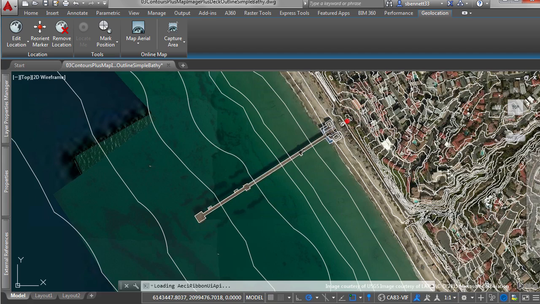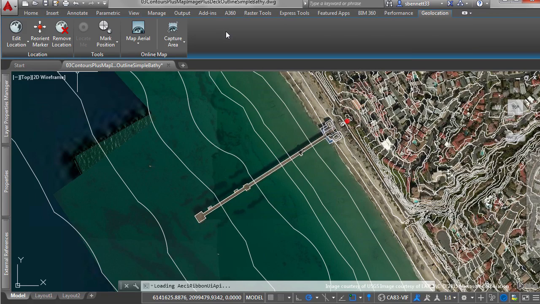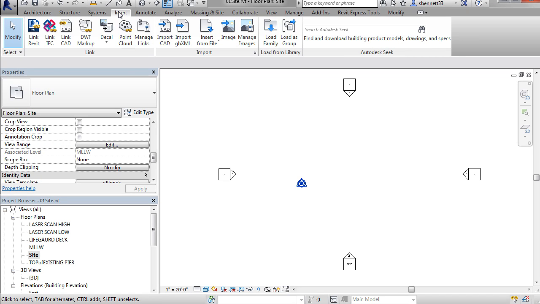The AutoCAD file that we'll be using is called 03 contours plus map image plus deck outline simple bathy. This file has the contour lines, the deck outline, and the bathymetry all within this same file. The only thing that will not come through to Revit, unfortunately, is the aerial image. However, the data that we want to work with in Revit, such as the contours, bathy, and pier outline, will come through. So, going back to Revit, if we go to our Insert tab and choose to link CAD,